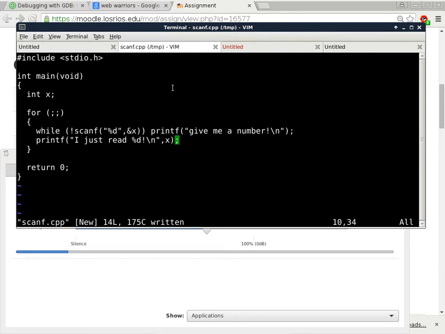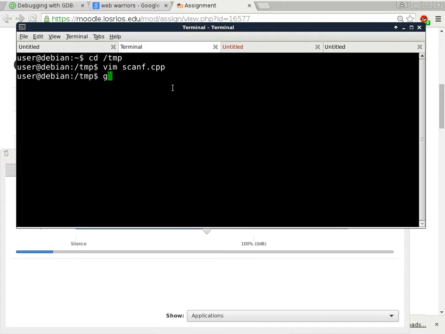And the question is, what if I type ASDF? Is it going to print "give me a number" indefinitely, or is it going to skip what I have just entered and move on to the next one? So we'll exit this code, g++ -g -o scanf scanf.cpp, and I probably should turn on all the warnings and error messages. -Wall -pedantic,